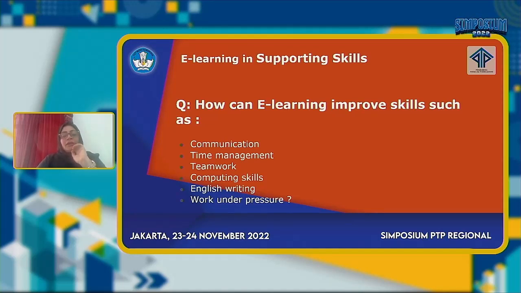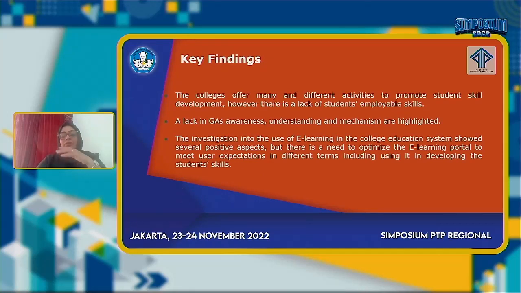So there are some things we also need to consider. Does e-learning need to work and be on, or is it just a service that we provide and the students take it or leave it? And how can these things link to each other?